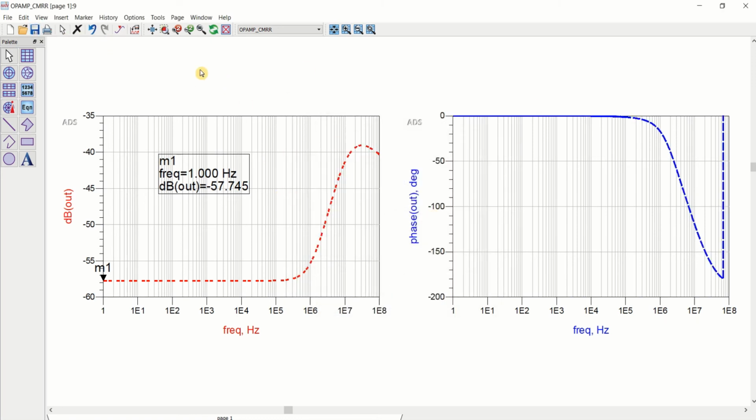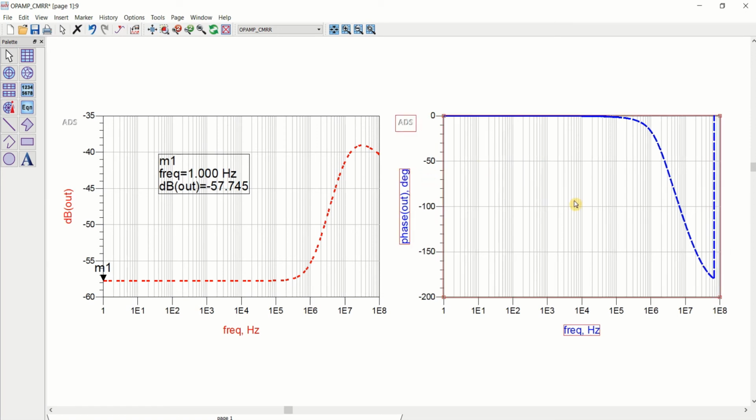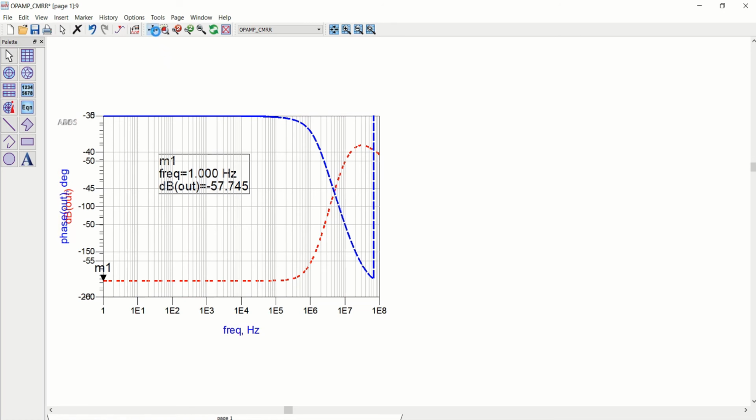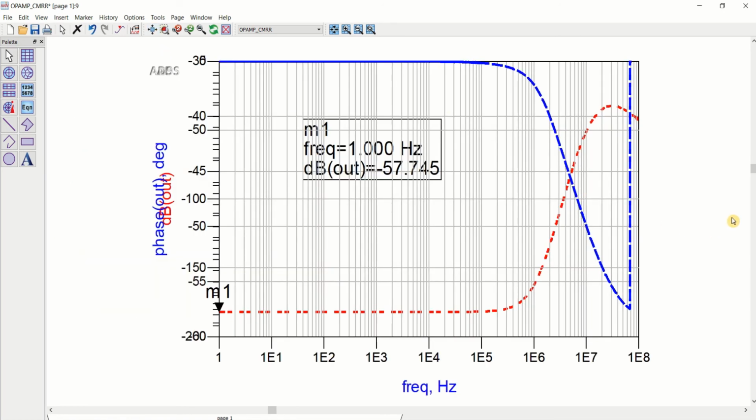So this is the CMRR plot for phase as well as the magnitude. Exactly at 1 hertz, it is having a CMRR of minus 57.745.